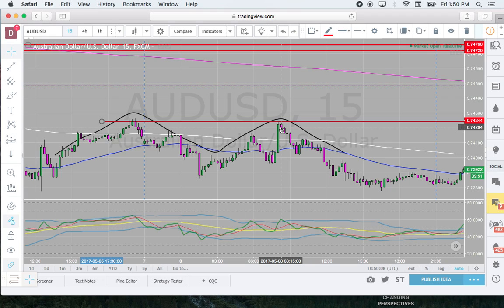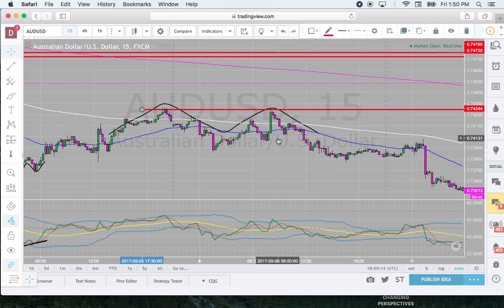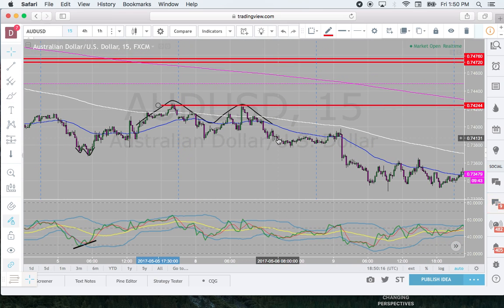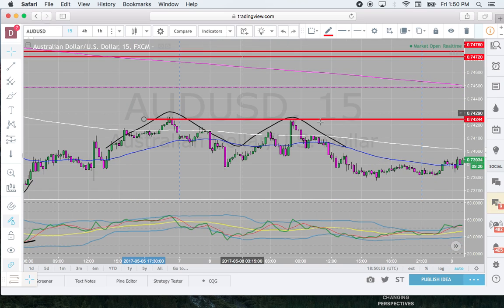Another characteristic of the M and W is the second leg 75% of the time will be more fierce, more powerful, or have more momentum. I don't know how to describe it in a retail trader term, but